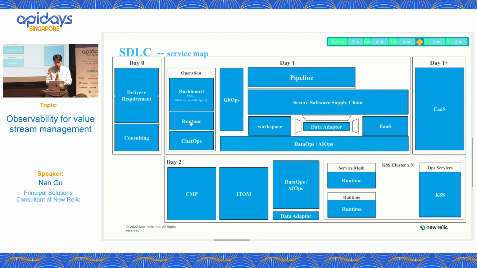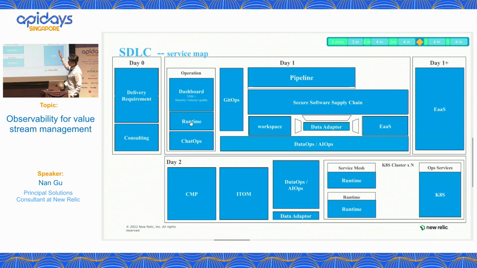Okay, how do we do that? Also, it's not in demo mode yet, still in the slides. As we can see here, what we want to do in the software design is start from requirements, which is day 0, the time when the developer has not started coding yet. So the business user translates all the requirements into user stories. Then your architect team comes up saying, okay, this needs a microservice. You can even use a consulting firm saying, come on, I will show you how to do cloud native development or application modernization. Still, that's day 0, which means the dev team has not started coding yet.